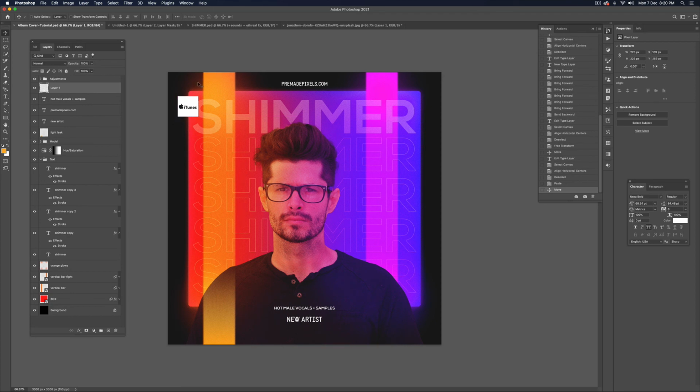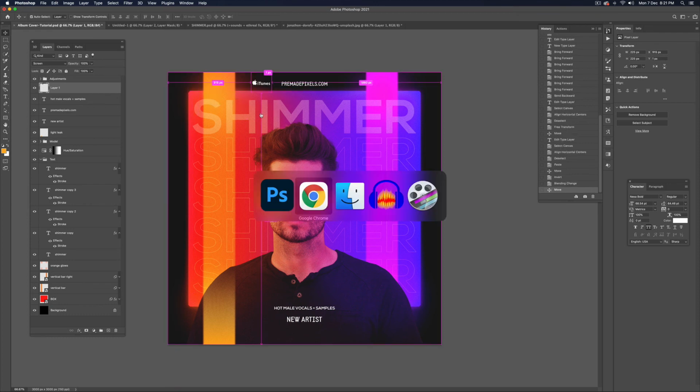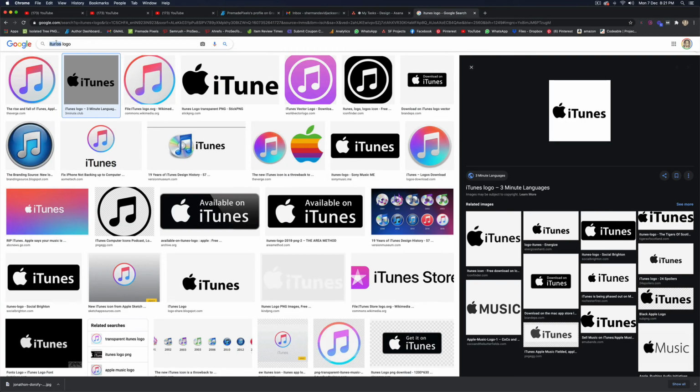We want our iTunes logo to be white, so Control or Command I, and then to get rid of all the black, remember the magic, go to screen. So something like that. So maybe place it right here, iTunes,